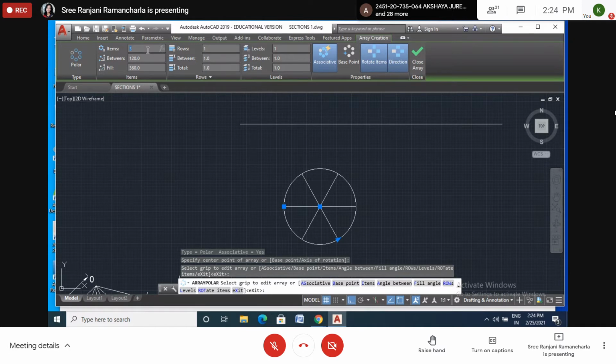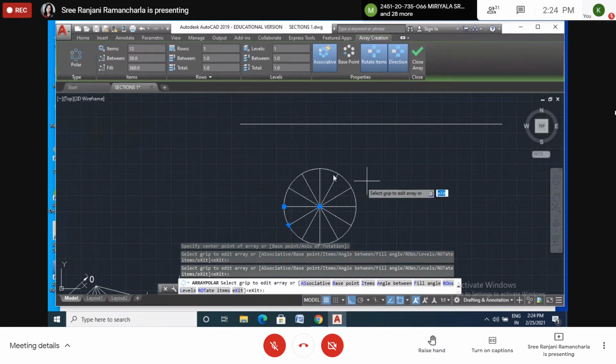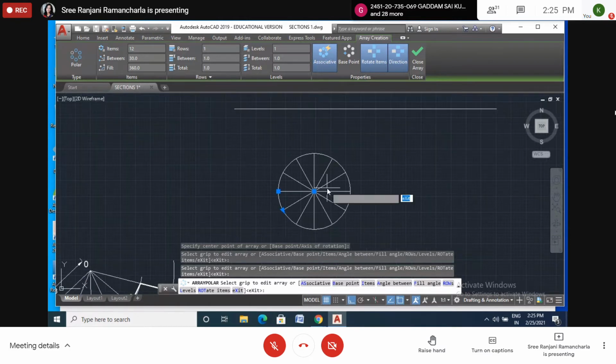Yes, 12 I will give. Enter. See, automatically we got 12. Of course, here only 6 are there, but here we are getting twice. Okay, now we got 12 divisions. This is one option. And another way is